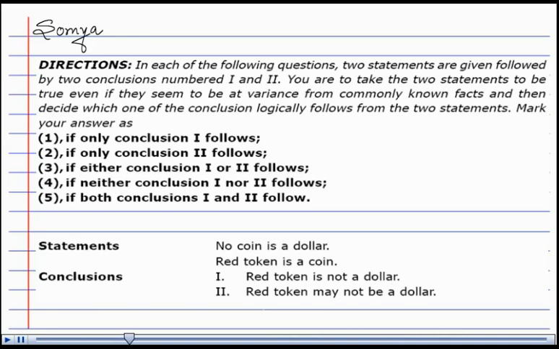Mark your answer as 1 if only conclusion 1 follows, 2 if only conclusion 2 follows, 3 if either conclusion 1 or 2 follows, 4 if neither conclusion 1 nor 2 follows, 5 if both conclusion 1 and 2 follow. Here the question is,